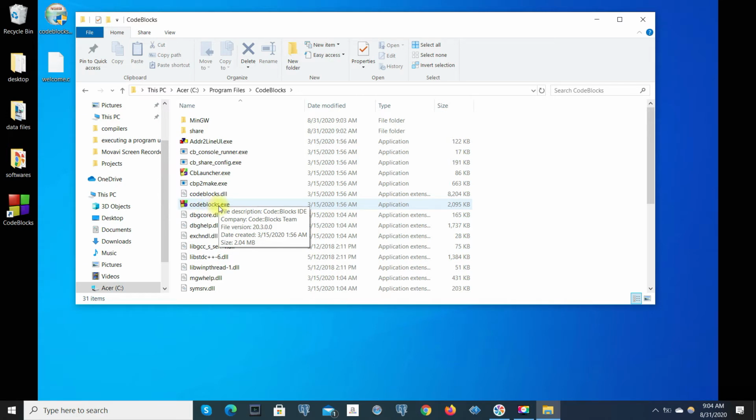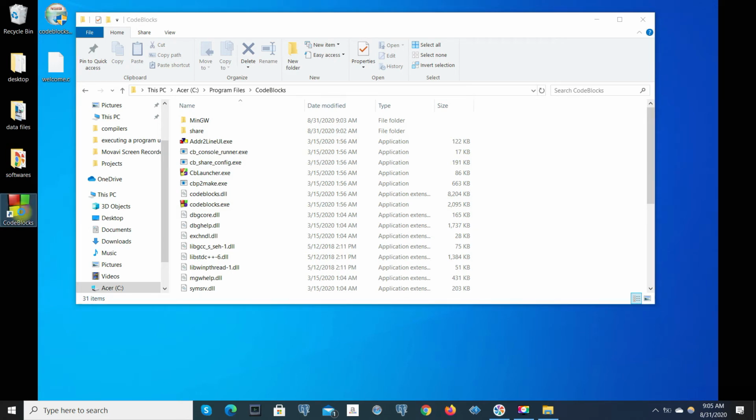And also when we install CodeBlocks IDE, it will create the shortcut for this exe file and will put it on the desktop. So instead of coming to this path and clicking on this one to open CodeBlocks IDE, directly we can open this shortcut.